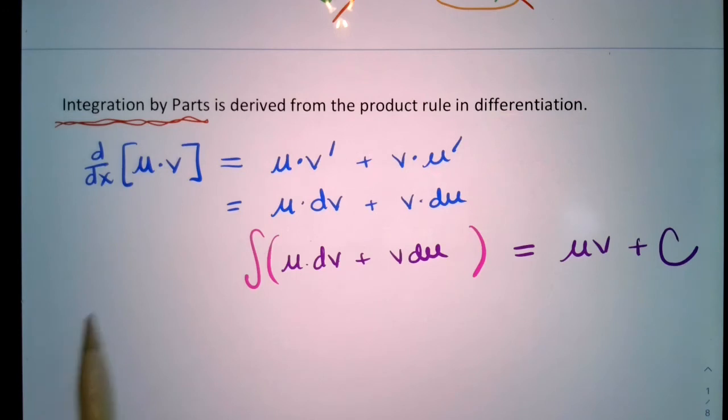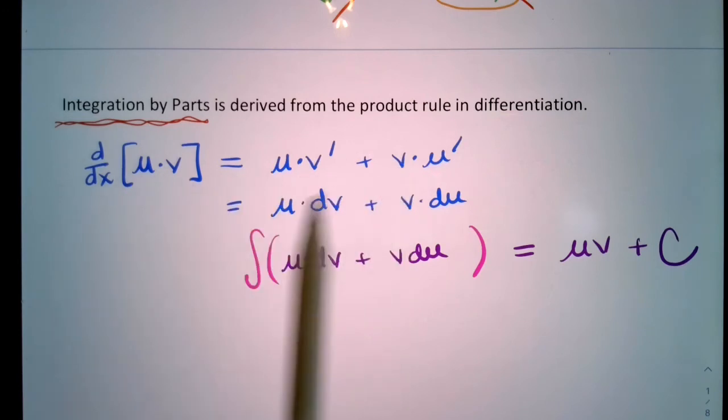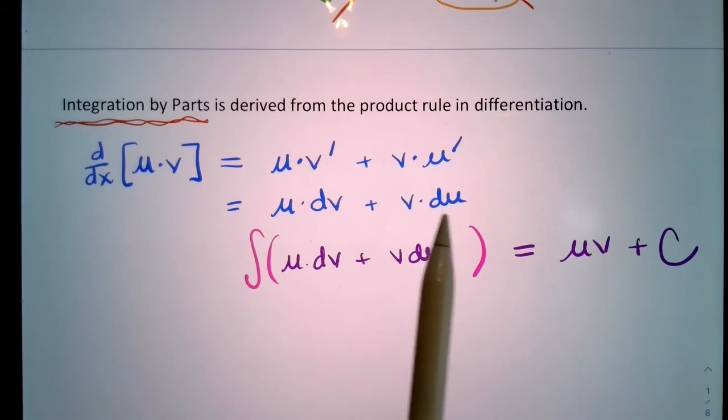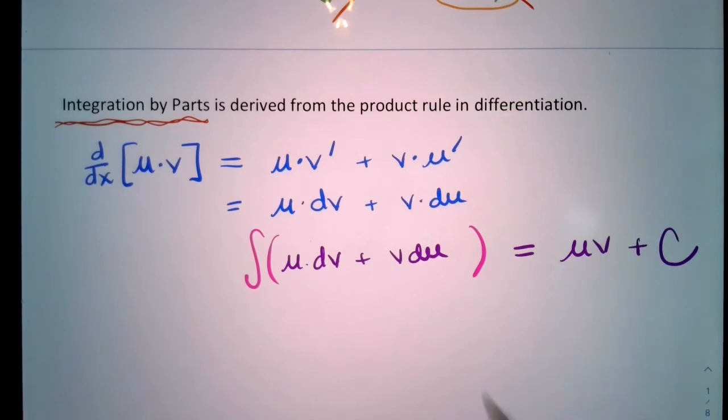This straight up is your product rule for differentiation. And we're saying, hey, what if I take that derivative answer and I integrate it? What would I end up with? Well, you'd end up with that original expression of x, u times v. Of course, there might be some number, that constant of integration, that you may have lost in that process of